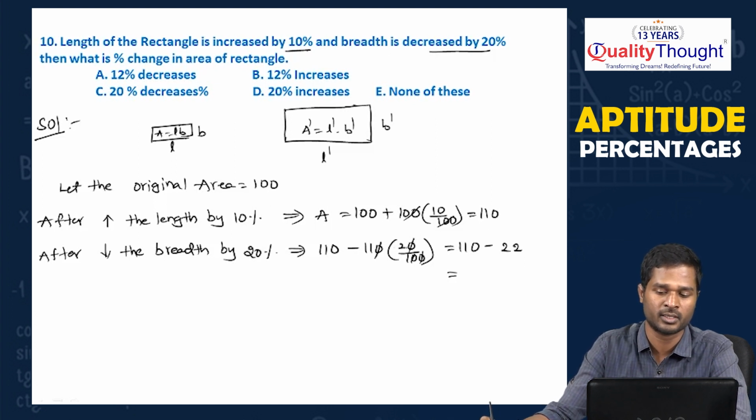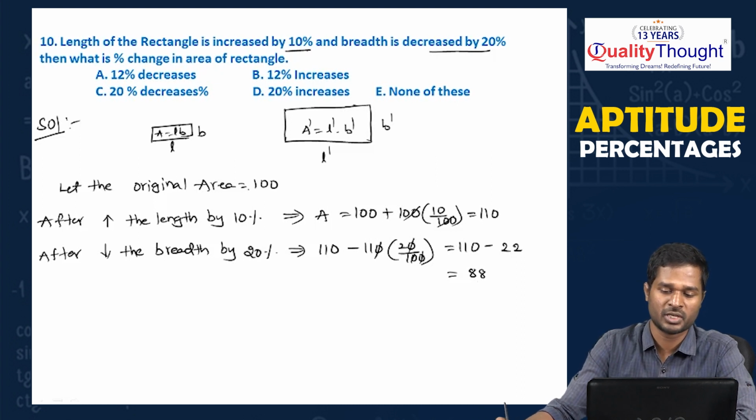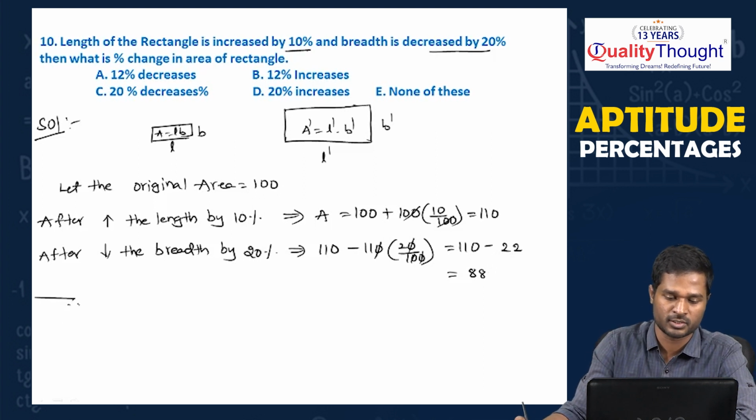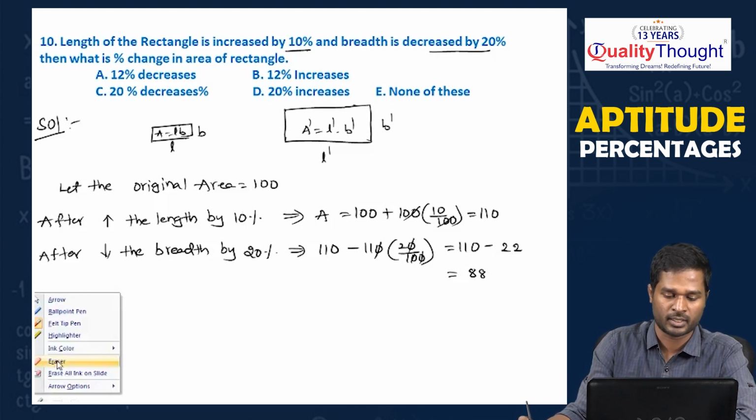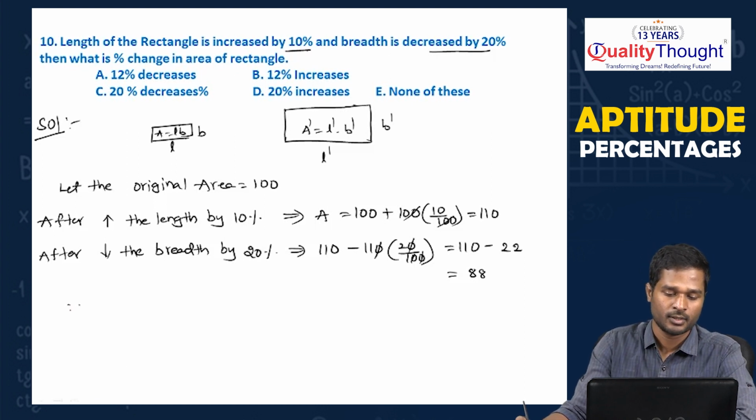On 110 we decrease the 20 percentage. So, 110 minus 22, which will be equals to 88. See, 8 plus 2 is 10, 8 plus 2 is 10 plus 1 11. So, original area is 100 and the final area. So, after this there is no change we need to make. So, one time we increase the length and next time we decrease the breadth. So, the final area has become